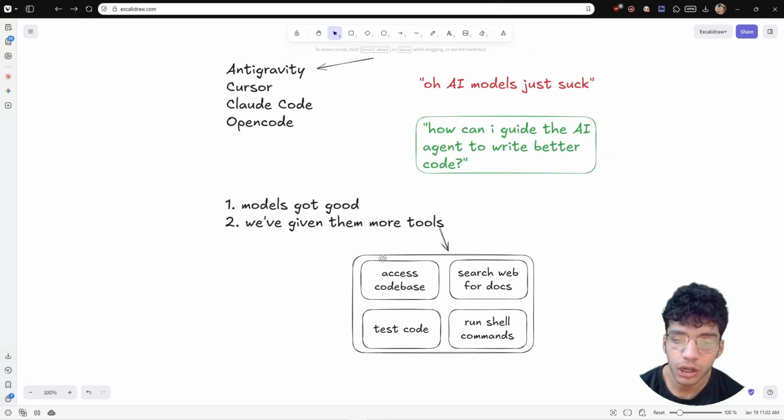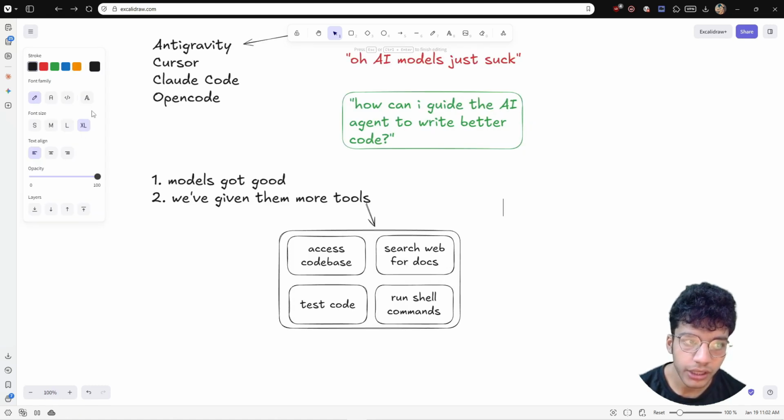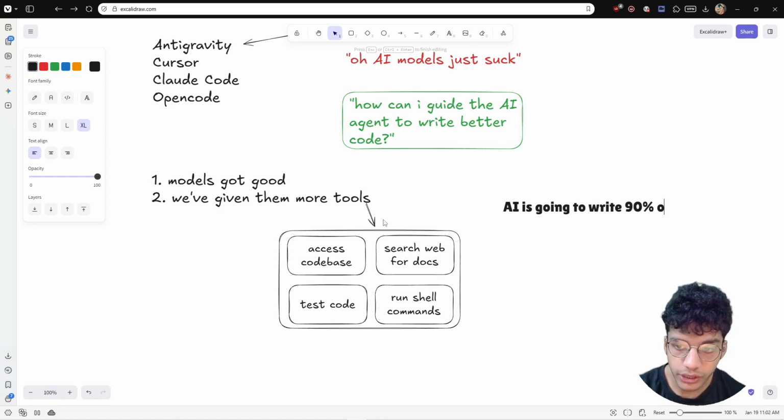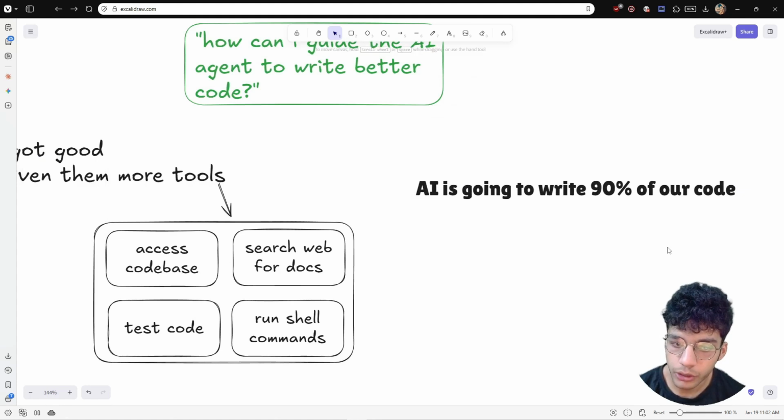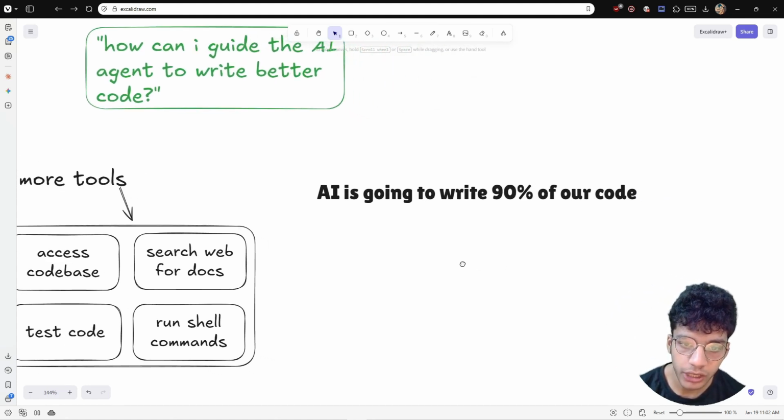We're so far ahead from the Microsoft Copilot era that we started off from in, I don't even know, 2025, 2024, I don't even know, right? We're so far away from that. The models and the tools are so much better than that. You need to be using these things. Because the reality is, AI is going to write most of the code going forward. I don't think it's unfair to say that AI is going to write 90% of our code in the very near future. The models just keep getting better and better, and this is going to become a reality soon enough.